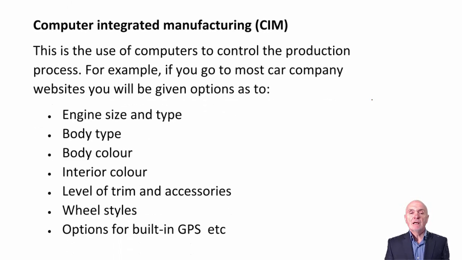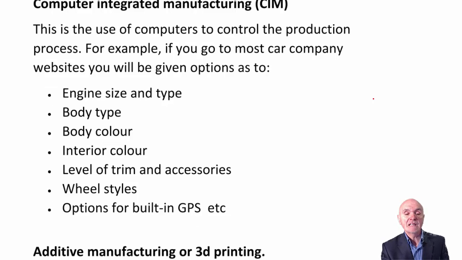Computer integrated manufacture. This is typically what you see, and what I've already talked about, in manufacturing, maybe cars. The use of computers to control the production process, to make sure the right parts come together at the right place, to actually carry out maybe some welding operations and so on. So typically on a website now, you can specify the car you want and its extras and so on, and the computer integrated manufacturing brings these all together in a way that makes your almost unique car for you